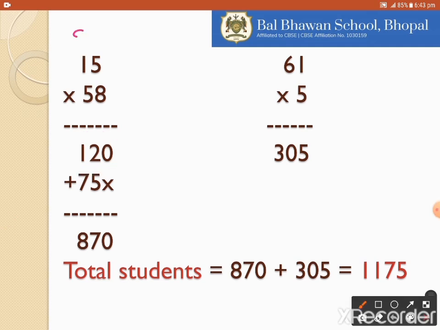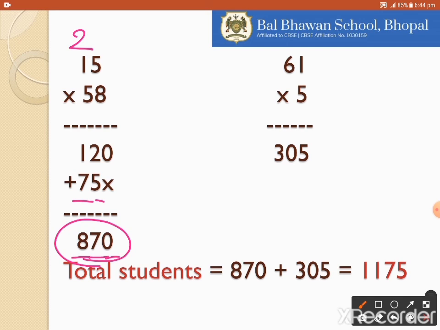Now children, we are going to multiply by 5. So 5 5s are 25. Before writing this 5, we have to put a cross at ones place according to the multiplication rules. Now 5 1s are 5 and plus 2 will give you 7. Now when you add them, 0 will be written as it is. 2 plus 5 gives you 7 and 7 plus 1 gives you 8. So in 15 buses there are 870 students.